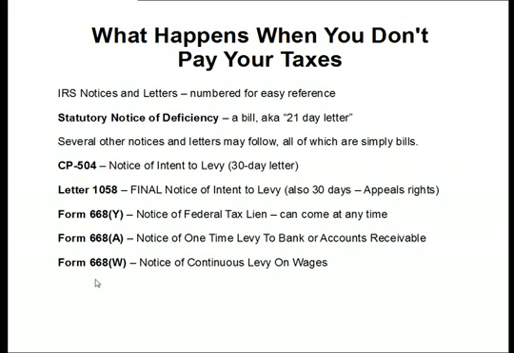After 2 or 3, 4 months, you'll get kicked over to the automated collection system of the IRS. And the next scary looking thing that gets sent out is called a CP504. This is a notice of intent to levy. A levy is the IRS's legal authority to take your stuff. Okay? And typically when we talk about levies, we're talking about cash. So a levy allows the IRS to dip into your bank account, dip into your paycheck, dip into your accounts receivable, and literally take money out of your pocket. So this is when things start to get scary for people that owe money to the IRS.